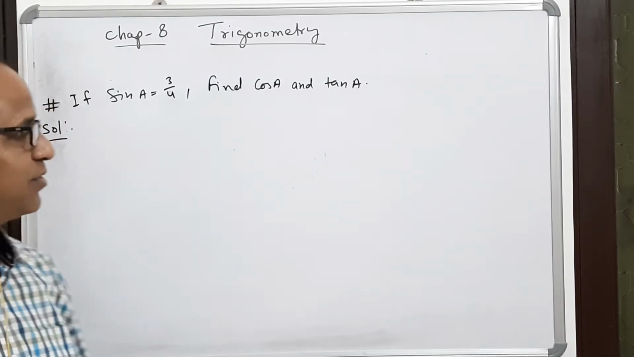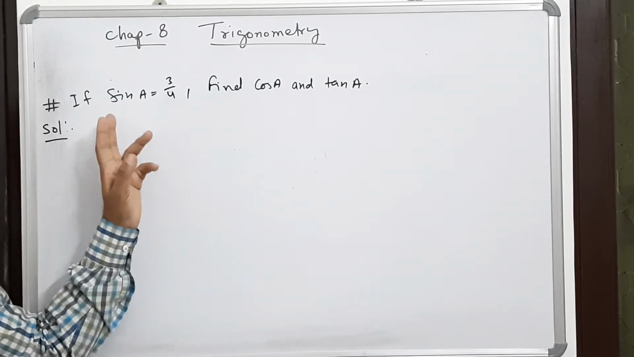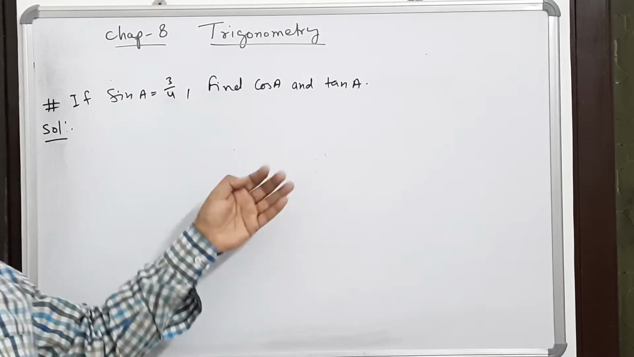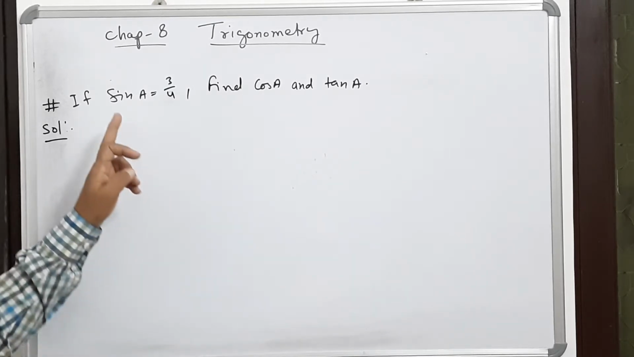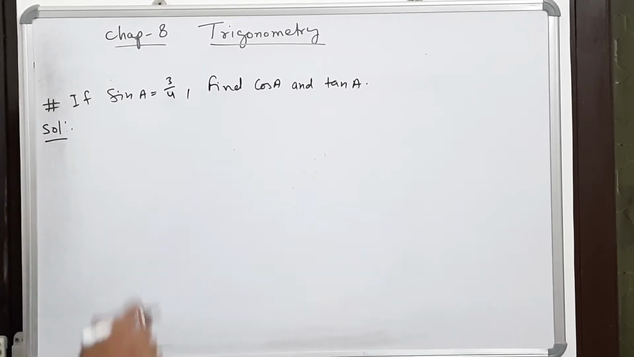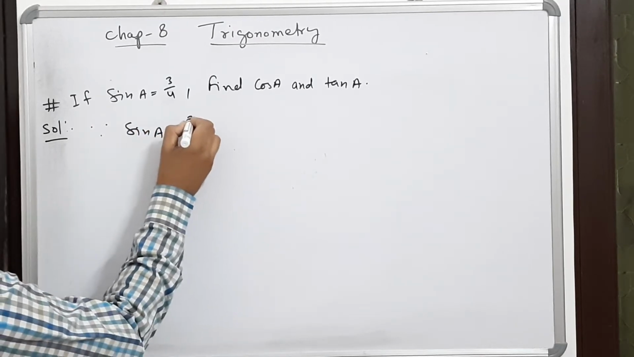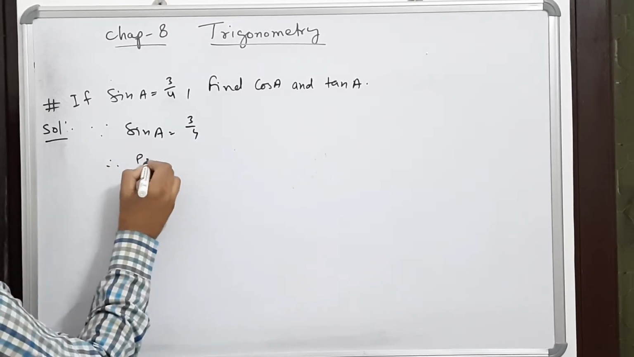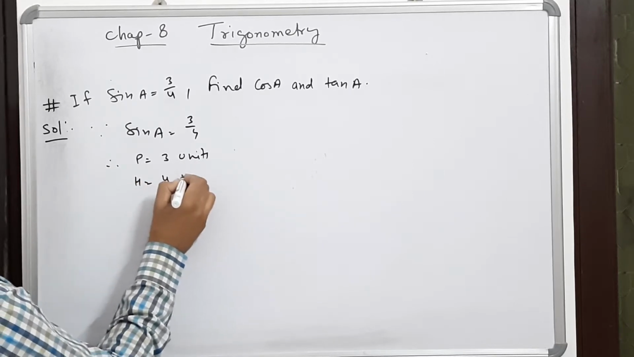Hello students, today I am taking a problem. In this problem, out of the 6 trigonometrical ratios, any one is given and we have to find any 1 or 2 or 3 or all of the remaining 5 ratios. Like sine A is given. So we start: because sine A is 3 by 4, therefore the perpendicular is 3 units and the hypotenuse is